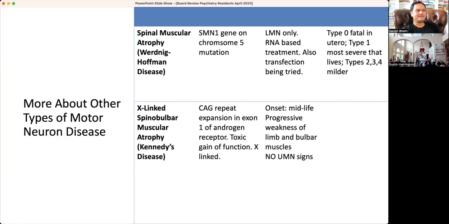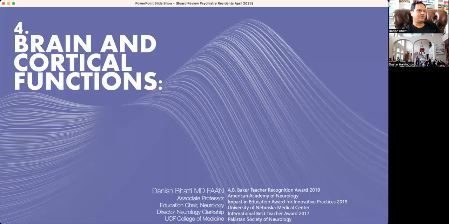There are some other diseases. I'll just mention names so that when you hear them, you know where they fall in the presentation. So spinal muscular atrophy, SMA, has been in the news lately because of the gene therapy that is now available for spinal muscular atrophy. Very interesting concept, probably not going to be tested in your exam, so I'm not going to go into it. And then the spinal bulbar muscular atrophy, which is a variation of SMA, a disease that again you will not get. And then let's quickly go through the brain